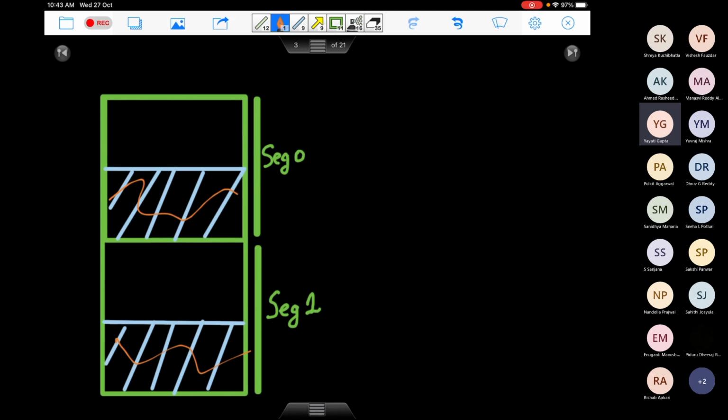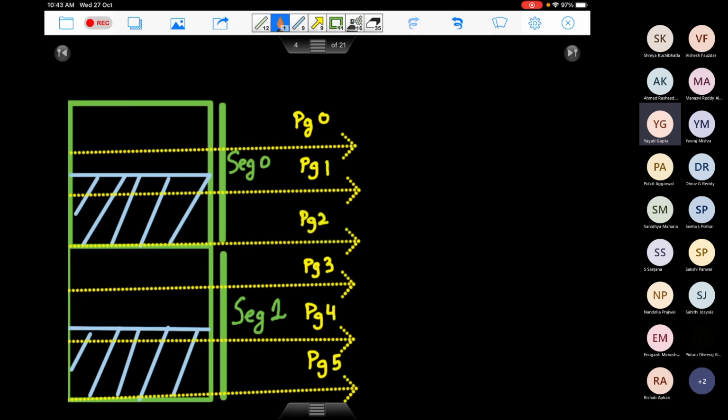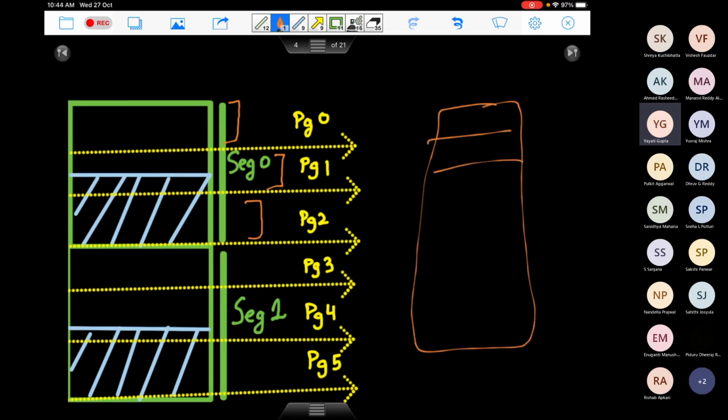Now you decide to do a paging on this. So when you do a paging, you are going to divide this process into equal sized pages. So let's say you do paging like this. So this entire part is in page 0, it is in page 1, it is in page 2, so on and so forth. And what you will do later on, you will be allocating each of these pages to a frame in the main memory. Right? So let's say each page is 4 kilobyte here. Here you have your main memory, which is also divided into the size of 4 kilobytes. But now any page can go anywhere.